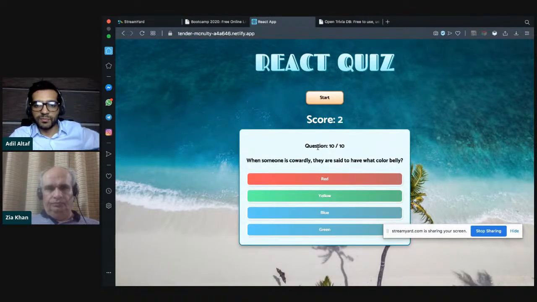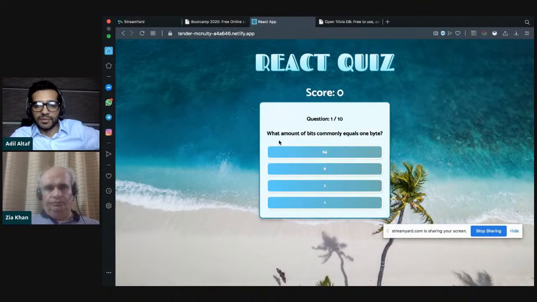And then at the end, once you've hit the last question, you will no longer get the next question button. You will get the start button again. So that's it. And then once you hit start, it will again load the new questions, and you'll be able to start again, starting from 0 score again. So that's what we're trying to build